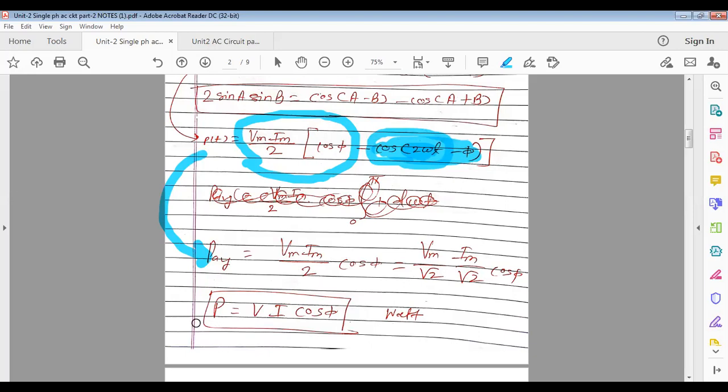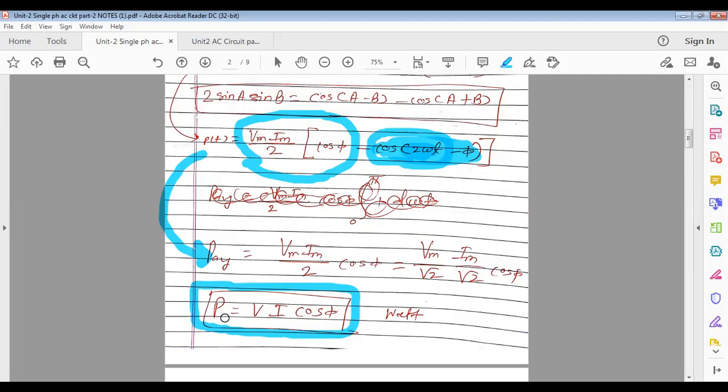Vrms into Irms. Whenever you get asked to calculate the power consumed, this one, capital P, is called true power, real power, active power, power dissipated, and power consumed. Five terms are there for capital P. In numericals, sometimes they ask you to calculate active power, sometimes true power, real power, power dissipated, power consumed. Everything is what? Capital P you have to calculate. And what is the formula for that? Whatever the AC circuit, you keep only one formula in your mind, VI cos phi.